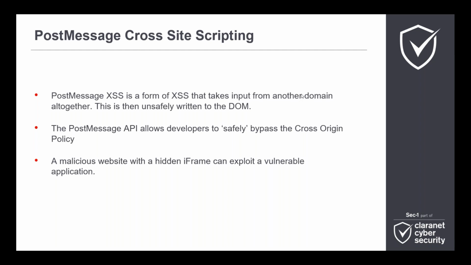So the meat of the issue that we found is to do with postMessage cross-site scripting. PostMessage XSS is a form of cross-site scripting that takes input not from malicious input from a client or a domain, but instead another domain altogether. When it comes to cross-site scripting, this is then unsafely written to the document object model, which I'll refer to as the DOM. The postMessage API allows developers to make and receive requests between frames and pages without any cross-origin policy blocking them. It's kind of a safe-ish approach to bypassing the cross-origin policy. It is a useful feature, but often developers forget to check the origin of the message and incorrectly assume that the input can be trusted,